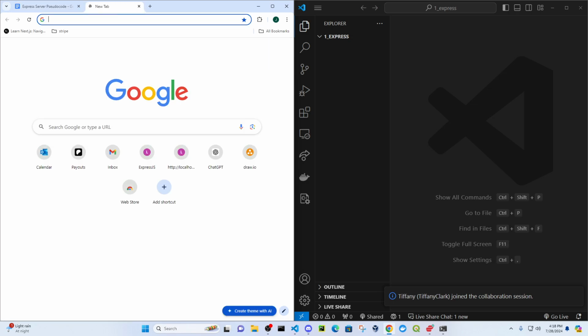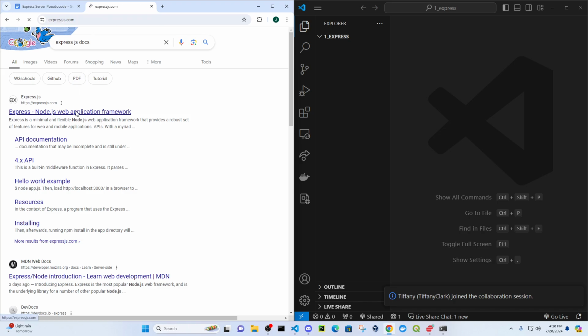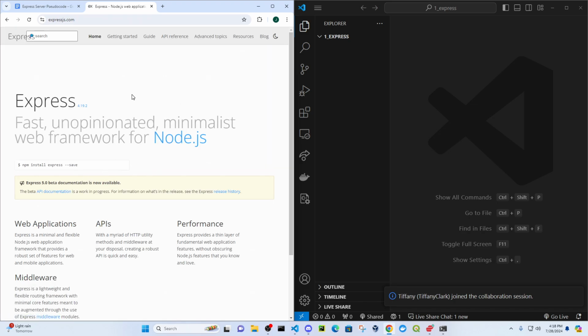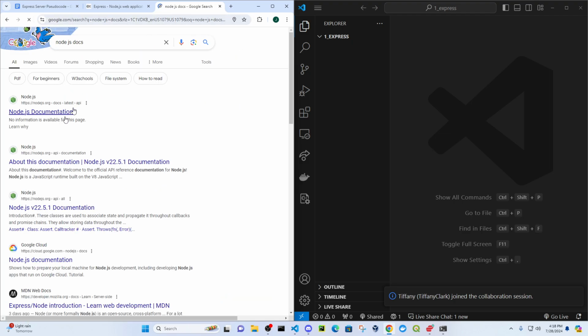I'm going to go ahead and pull open the Express.js docs as well, so we could start looking at that as well. And I'm going to open up the Node.js docs too, just so we have